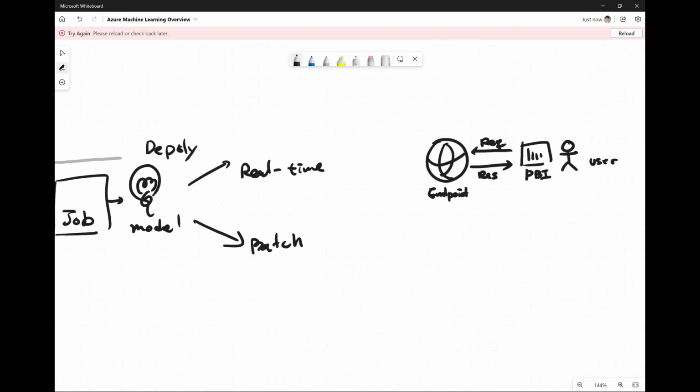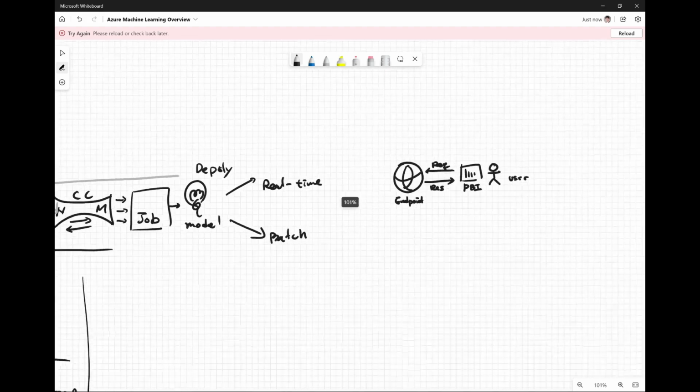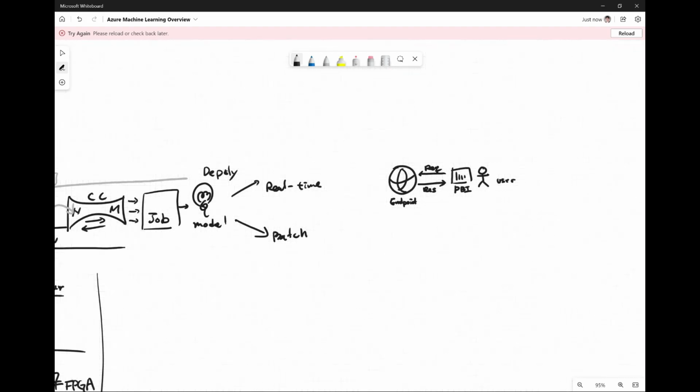So in order to run this endpoint, what you can do from Azure Machine Learning Services is deploy this model as a web service